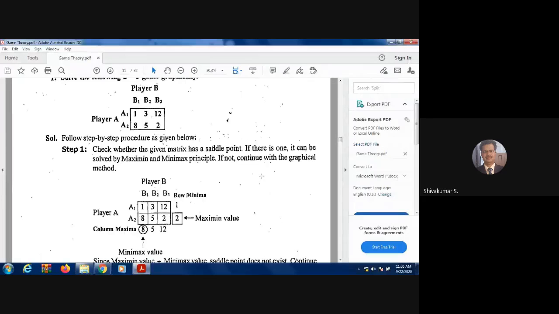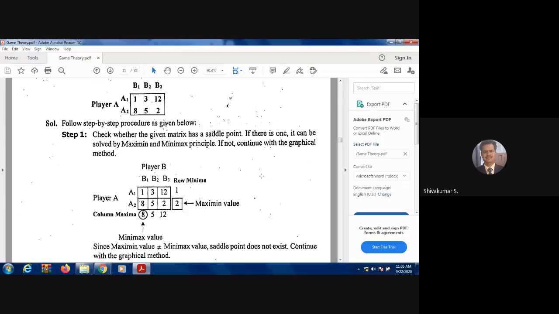the column maxima is 5 actually, right? Sir, do you find any mistake here? Yes, sir, it's a mistake. The 8 is circled, it should be 5. Textbook, I have not seen it, it's not my mistake. Don't blame me, I took it directly from the textbook because I hurriedly wanted to take one thing. Books also make mistakes. It's a 5 actually, right? Anyway, fortunately it's not minus 1.